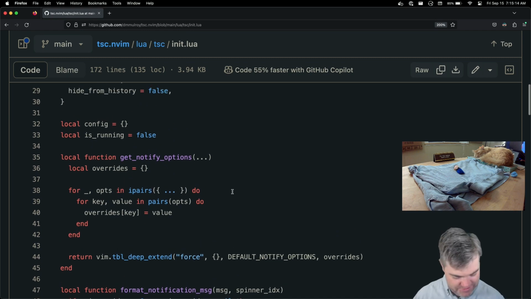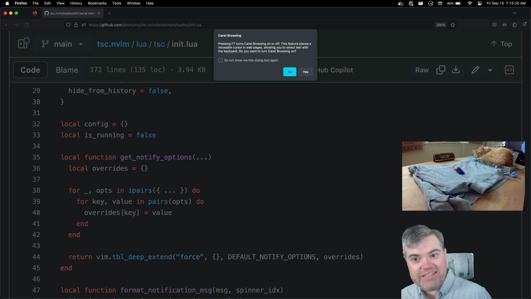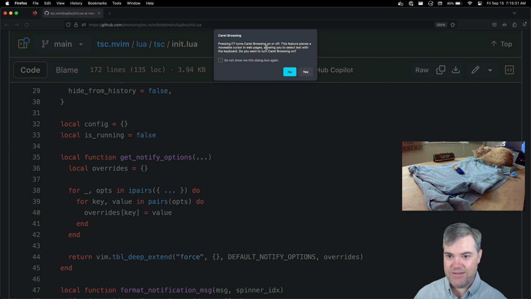F7, let me try that. Pressing F7 turns caret browsing on or off. This feature replaces a movable cursor in web pages. Oh, is this a Firefox thing? Oh, it's not. Okay.